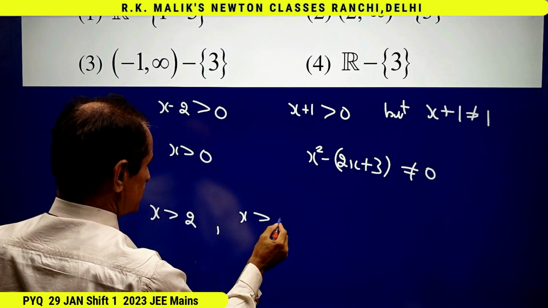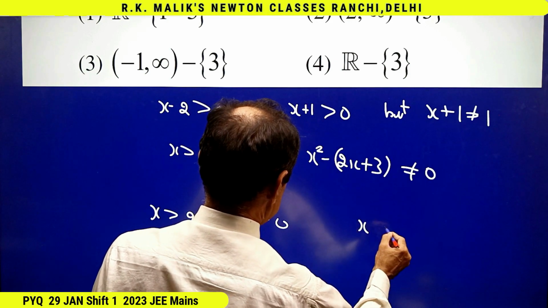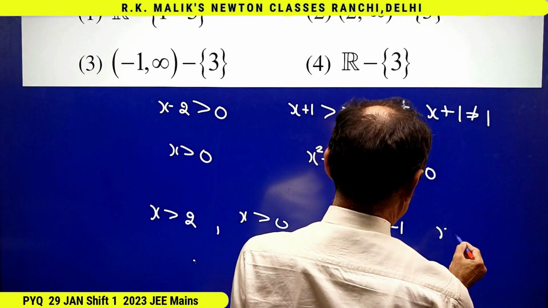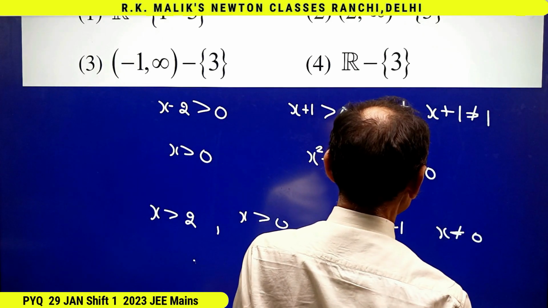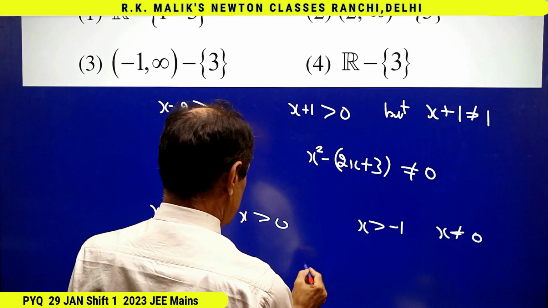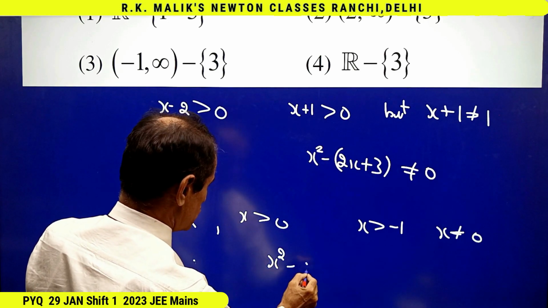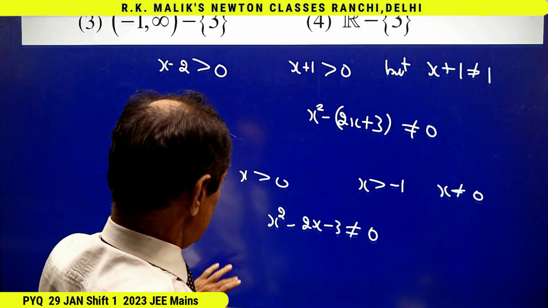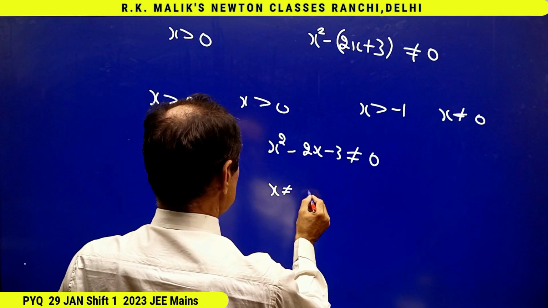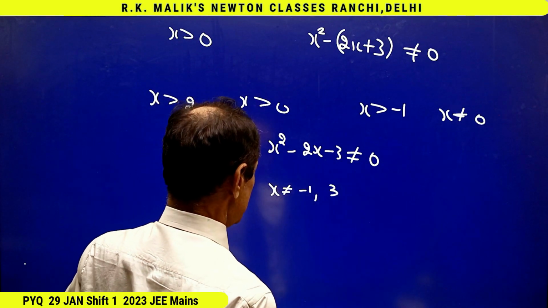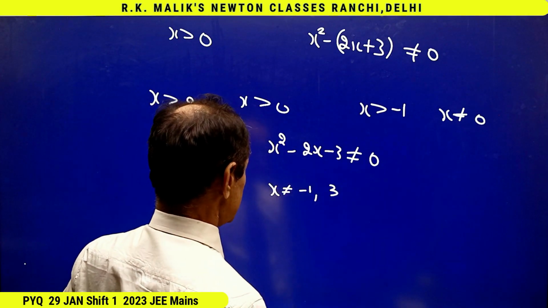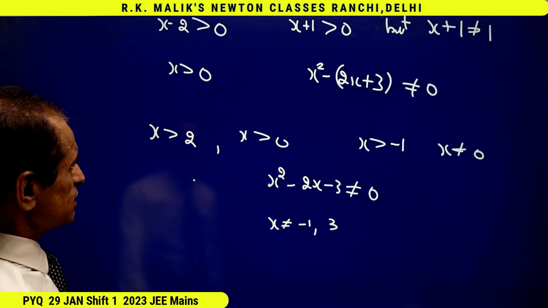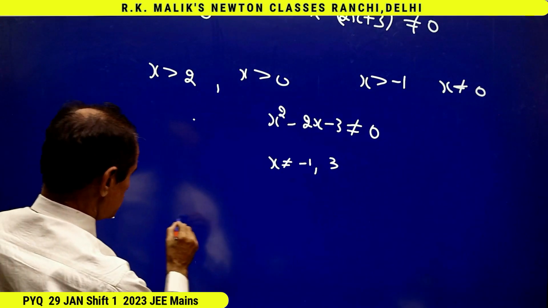This implies that x should be greater than 2. This says x is greater than 0. This says x is greater than minus 1. And this says x is not equal to 0. And this means x square minus 2x minus 3 should be non-zero. That is, x is not equal to minus 1 and 3, because the roots of this are minus 1 and 3. And now, drawing all these inequalities on a number line, I get